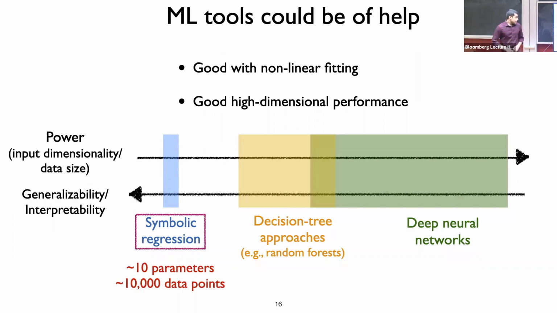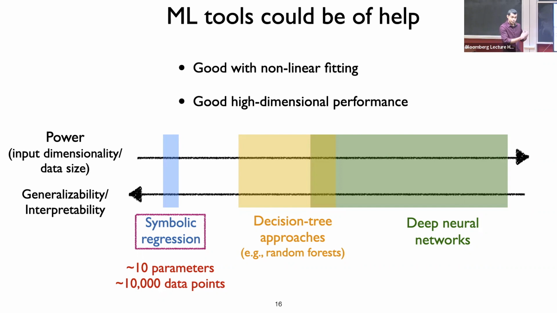So for symbolic regression, just to give people an idea, it is a tool which can use up to 10 parameters and up to around 1,000 data points. This is actually fairly low dimensional as compared to deep neural networks, which can use millions of images, each with a million pixels or something. We have tried to use symbolic regression in our problem.